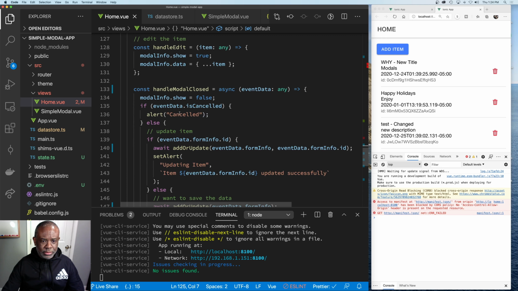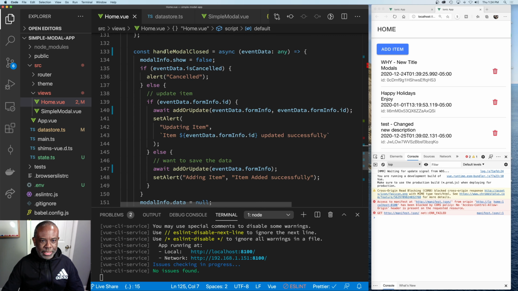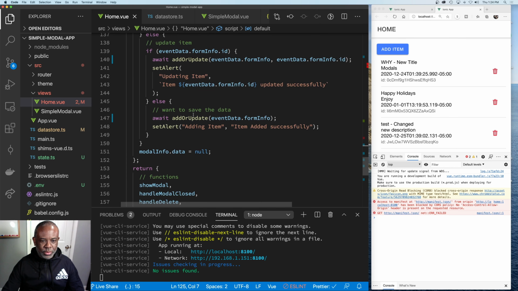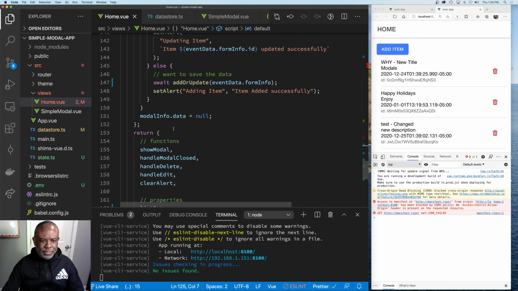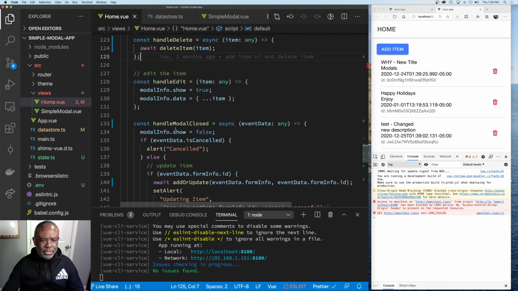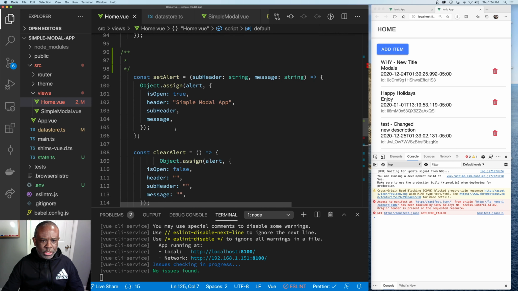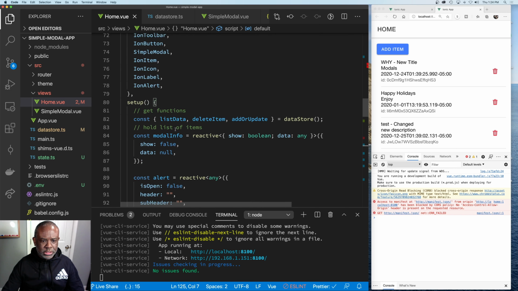We can handle our response from the modal, which lets us know if the user canceled it or if we have to actually update an object. If we have an ID here, then we know we're updating. If we don't, then we know we're adding. And then that's it. I think the last thing that we could do is